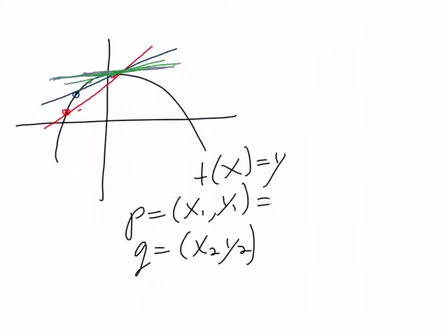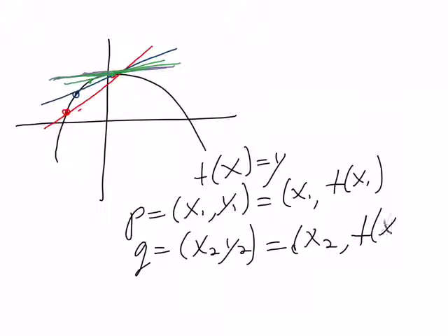But we can also write this in terms of x1 and f of x1, right, because that's what y is, and we can write this in terms of x2 and f of x2,